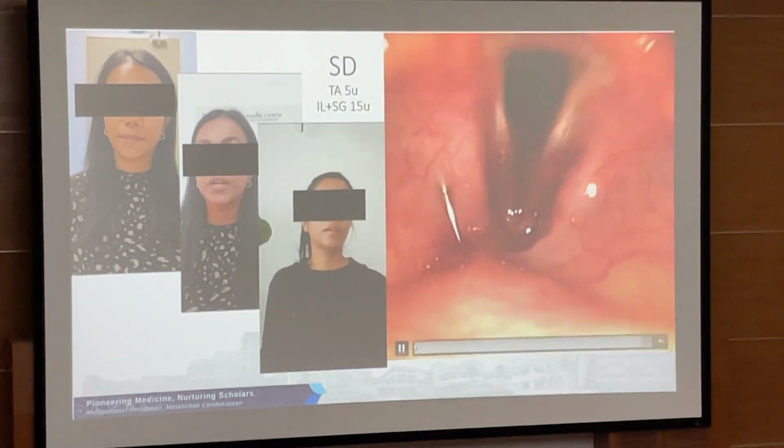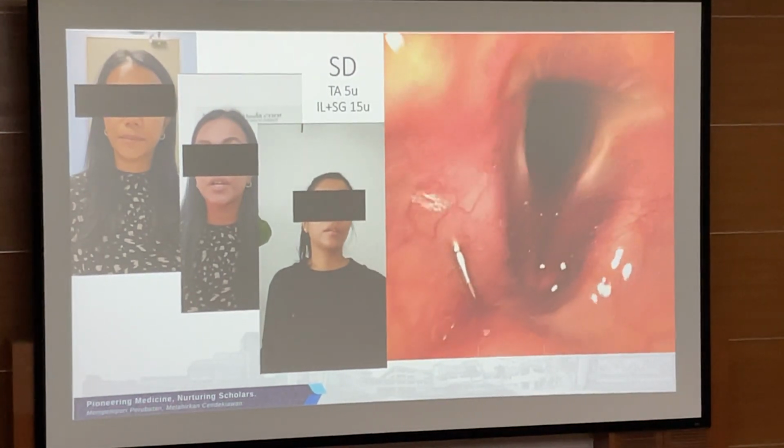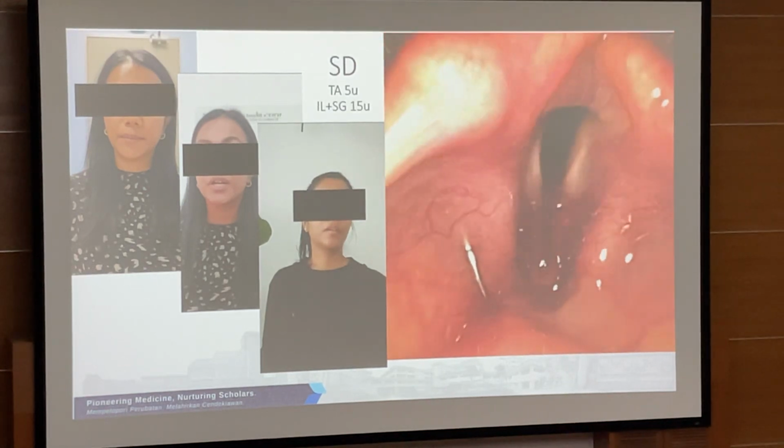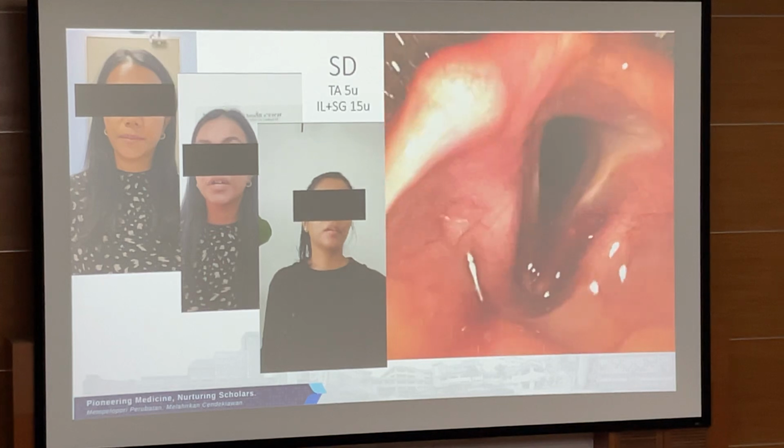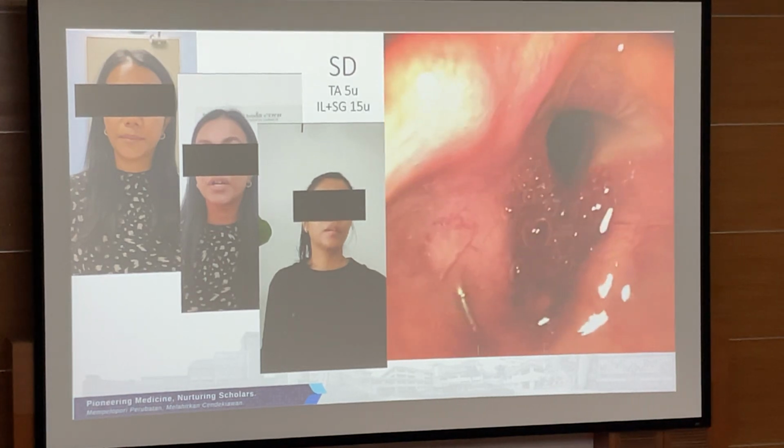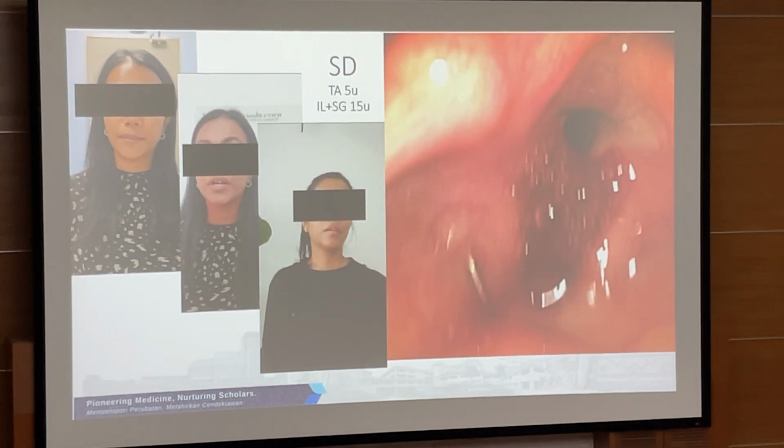Why I inject the hyaluronic acid at the vocal fold is because of the essential tremor component. So patients with essential tremor, once you give the botulinum toxin, will have some degree of breathiness. It is a well-known fact, so that is why we inject with hyaluronic acid first. So this is the patient's voice a week after the 15 units of botulinum toxin at the supraglottic region with